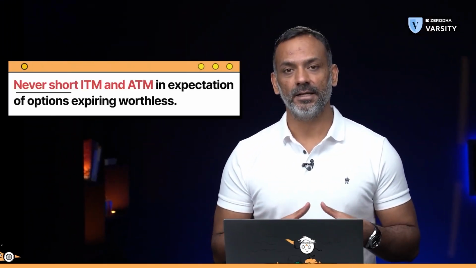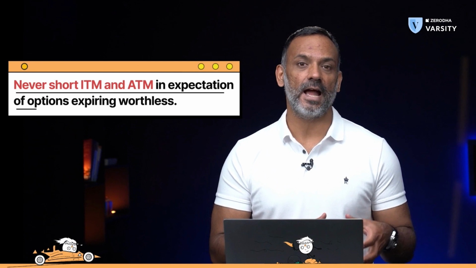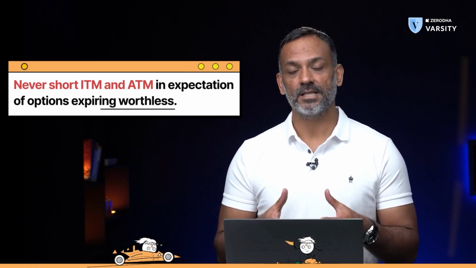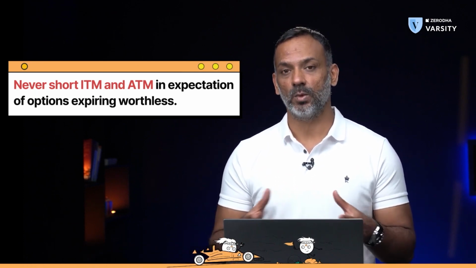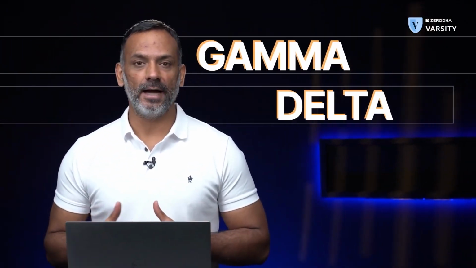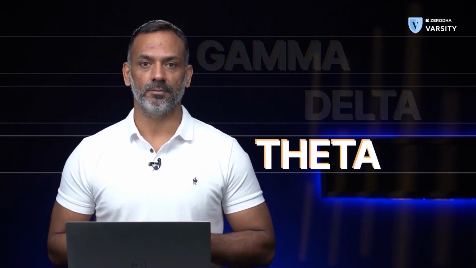As an extension to that, never short an at the money, or in fact never short an at the money and in the money option with an expectation that the option will expire worthless. If at all you intend to short an option, always choose an out of the money option to sell. That was about gamma. So far we've looked at the gamma and the delta. In the next video, let's take a look at the theta of an option. Key takeaways from this video are: